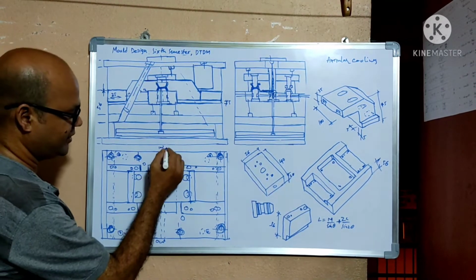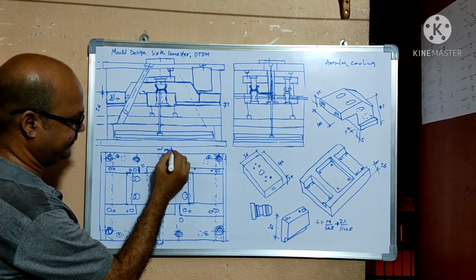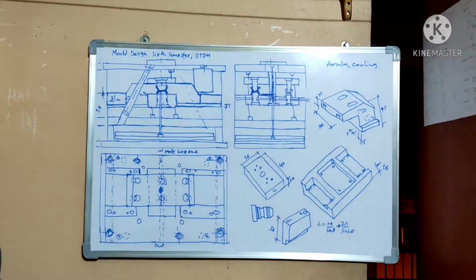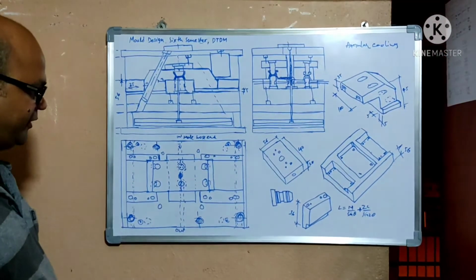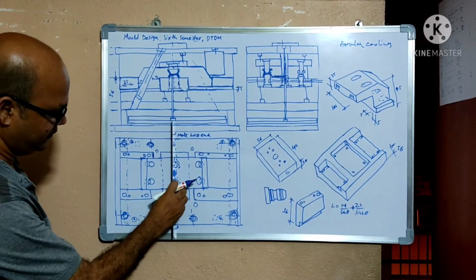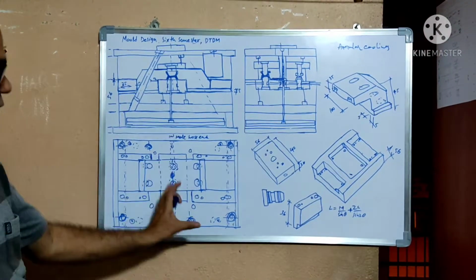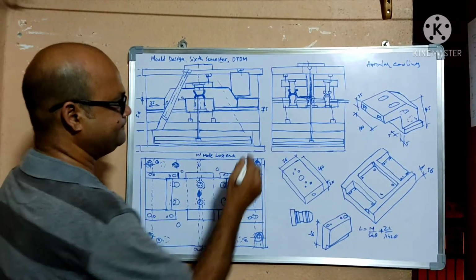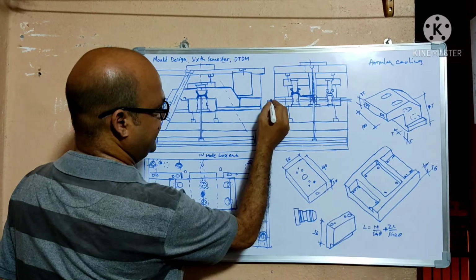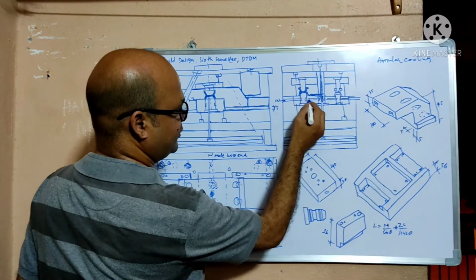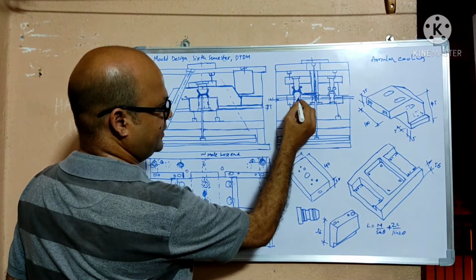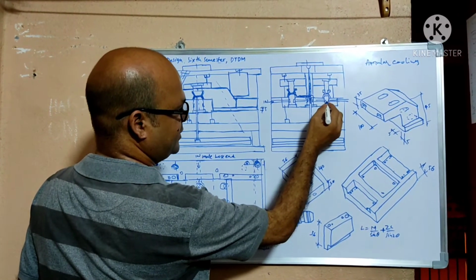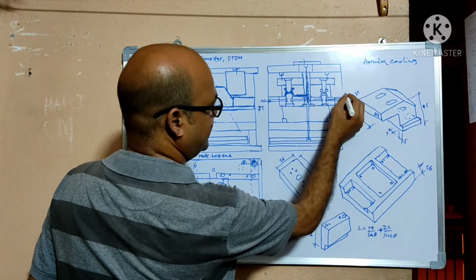Here you have to draw the male hose end as per the standard. When you cut the mold, you are going to see it in the side view. Here the water enters, it circulates the insert, again it circulates the screw puller bush, again it circulates the insert, and here is the outlet.